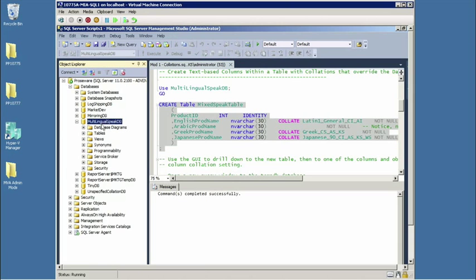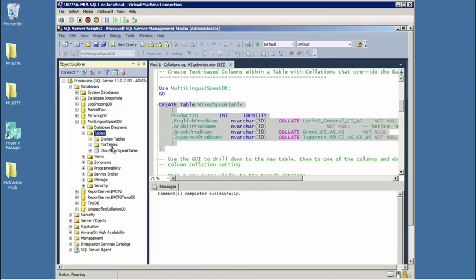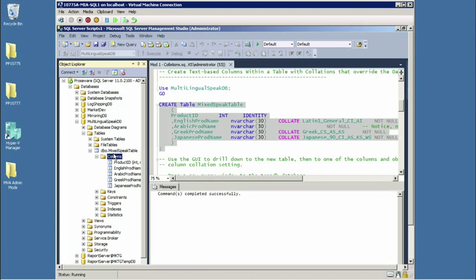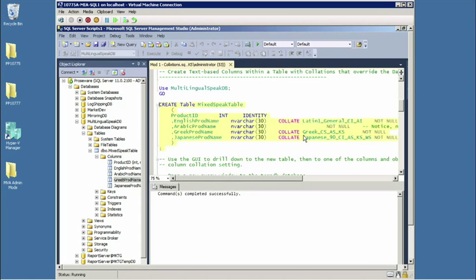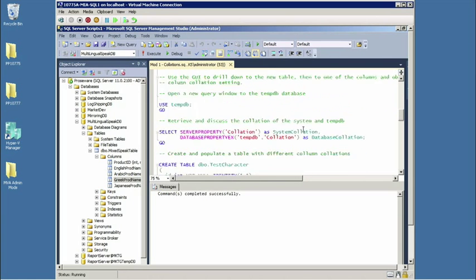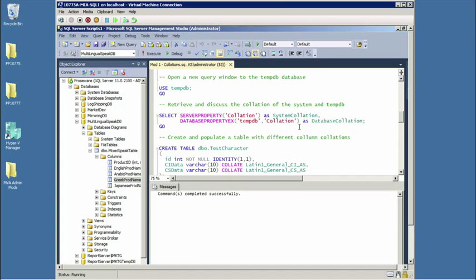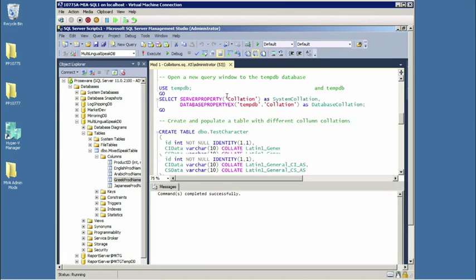Okay. To drill down real quick, I'll go to tables. I see this particular table. I see a column. Let's pick one of these. I'll go to properties, and what do we see? Yep, we see an override collation. Awesome. And Rich, you know it goes deeper than that? Sure it does, because you can actually specify it down to the query level. Awesome. So that's what we're going to take a look at next.